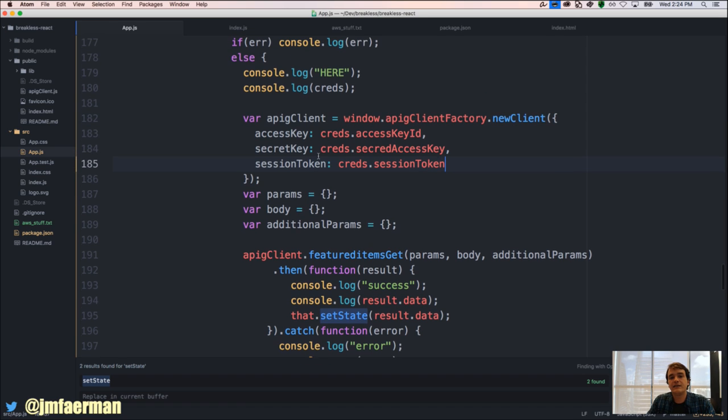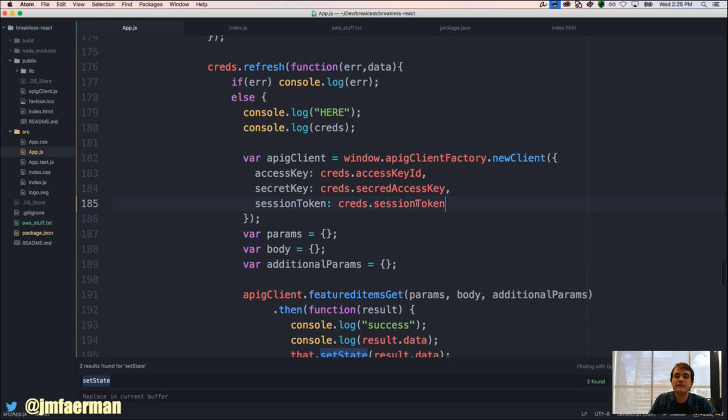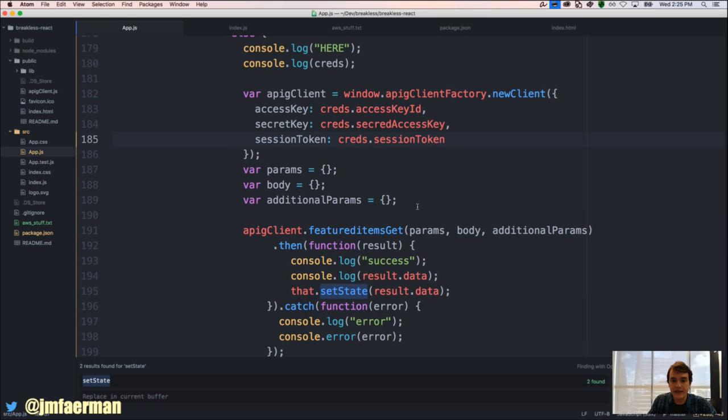It's just that the API gateway client does not directly accept Cognito credentials, so you need to exchange your Cognito credentials for AWS credentials. Then you pass your AWS credentials to your API gateway client SDK that was generated for you, so you can make authenticated calls, right? And this is just it. So now